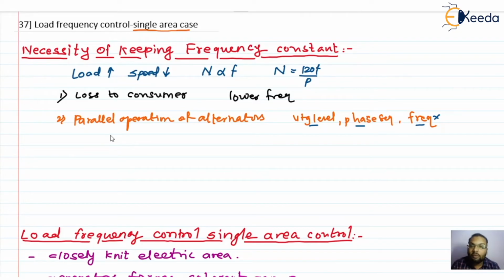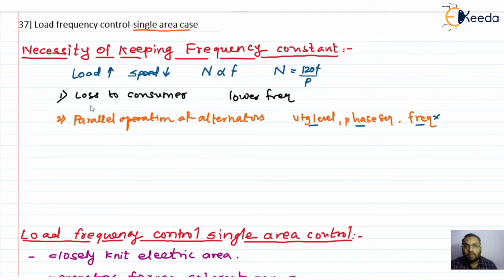See, when we go for parallel operation of the alternator, suppose the demand is very high and we don't have an alternator of that rating, then we can connect a number of alternators in parallel and supply the demand. If parallel operation is not possible, then for a larger demand we have to design an alternator of that rating or size, which is practically not possible. Preferably we go for parallel operation of alternators. So if frequency is not constant, we may not be able to get this benefit.